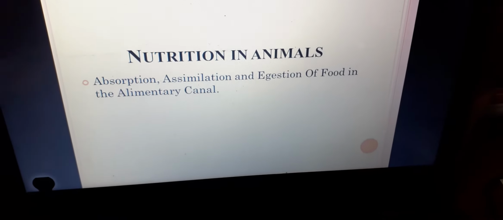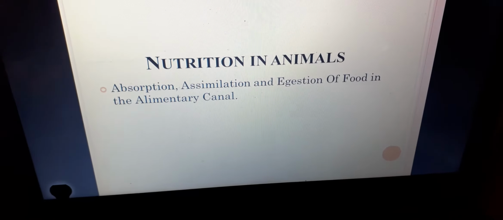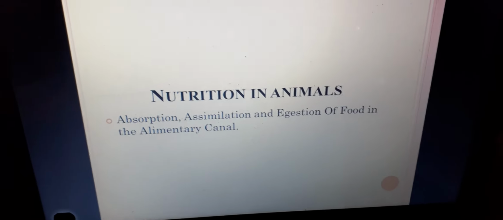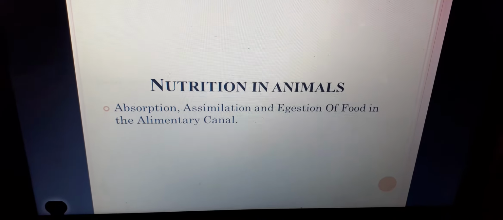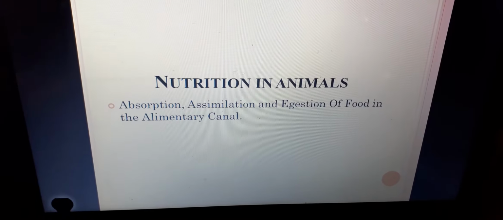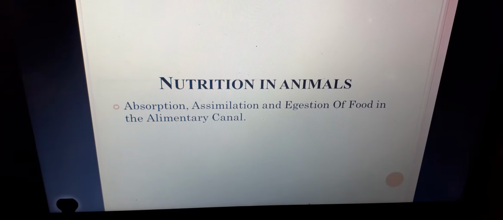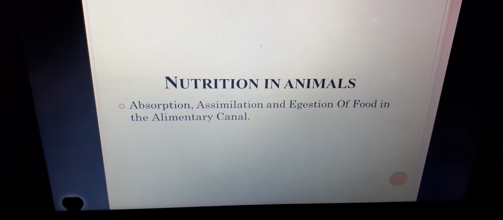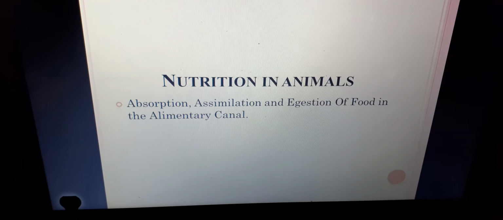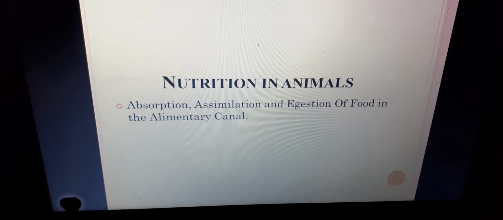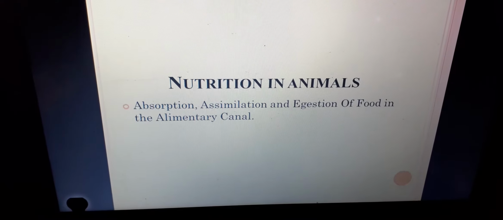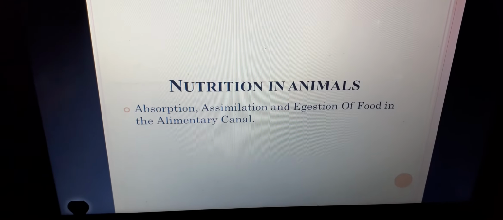In the previous classes you have studied the structure of the digestive system, its organs and their roles, and the digestion of food in the mouth, stomach and small intestine. Now in this class you will learn what happens to the nutrients that are formed after digestion. The complex food is broken down into simpler form by the process of digestion. Then what will happen after this process?